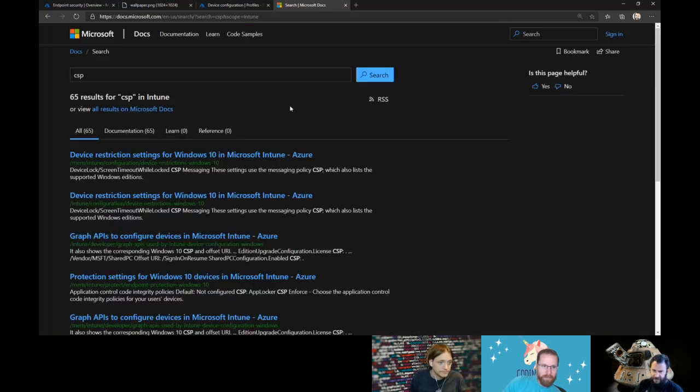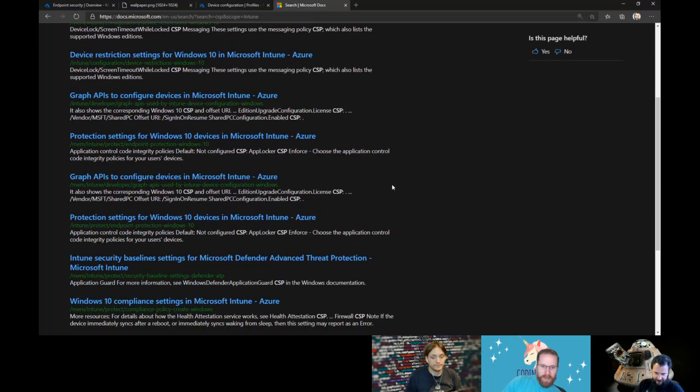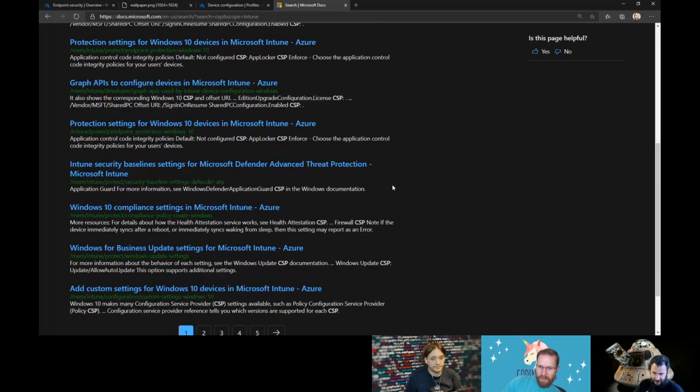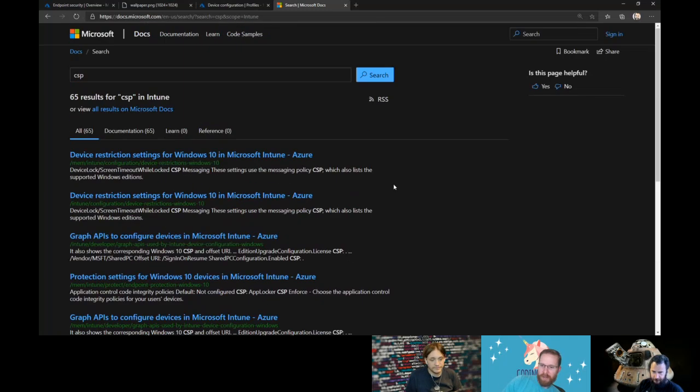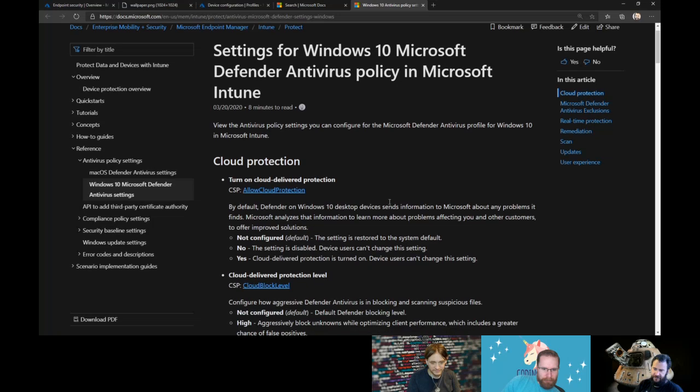Yeah, because sitting underneath all of this is the CSPs. Yeah, exactly. I'm trying to find the setting for it, and it didn't come up easily. This is the CSP for the antivirus stuff. Yep, and that's exactly what we're saying there.